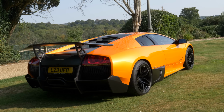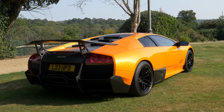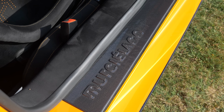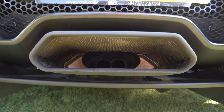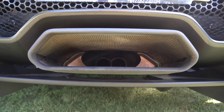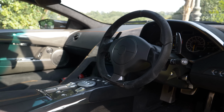So, Murcielago SV, what's the deal? Well, this is the last of the line, the very final iteration in the Murcielago lineage. It's also the swan song for the fabulous V12 Bizzarrini engine that started life in the Miura. Here stroked out to over 6 litres and producing 670 horsepower, as indicated by its official name, the